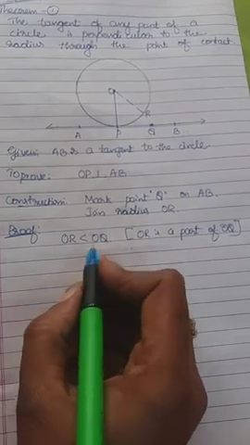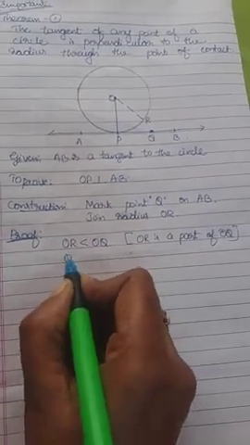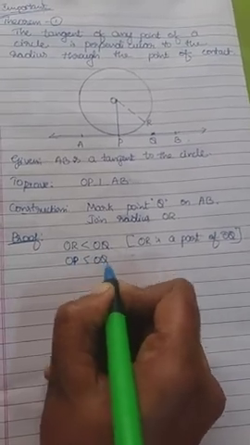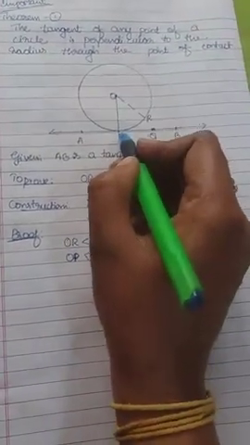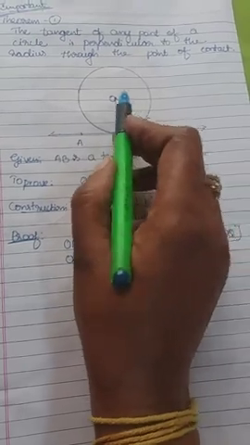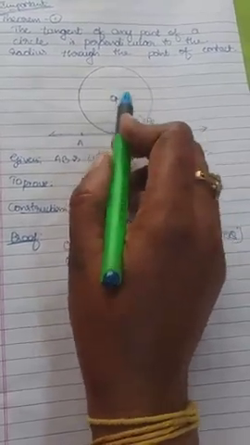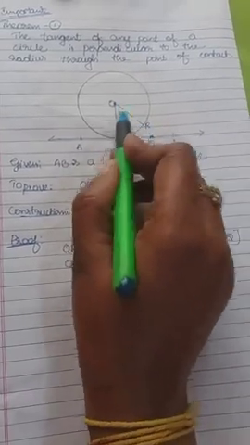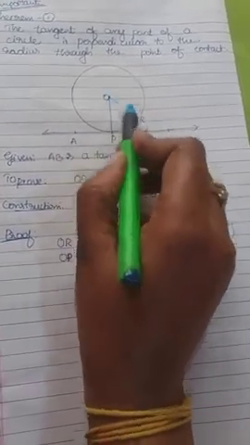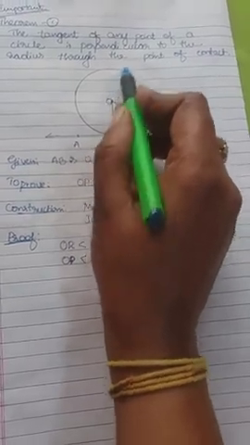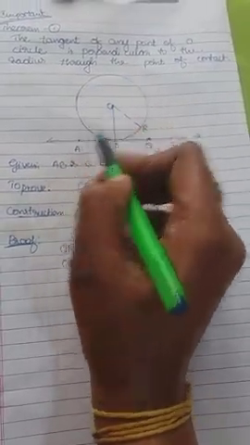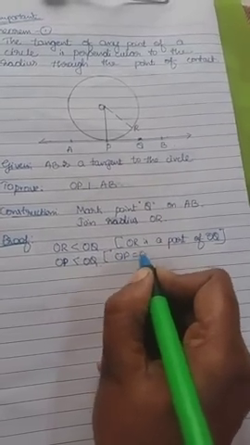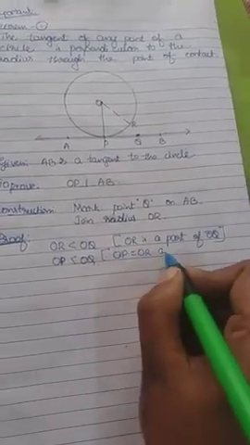Next we can also write OP is less than OQ. So why is OP less than OQ? Because we know that OQ and OR are the two radii. How much distance is there for OP? Equidistance, I told you already. All the radii are equidistant if we draw from the fixed point. So that's why OP equal to OR, they are the two radii.